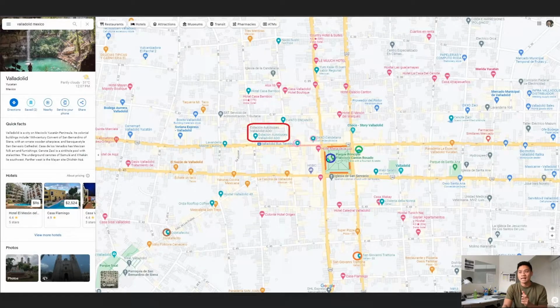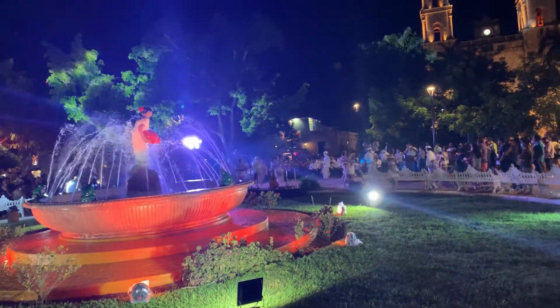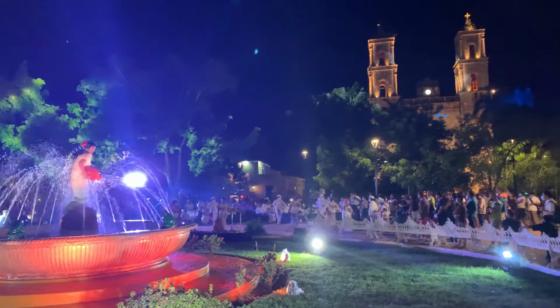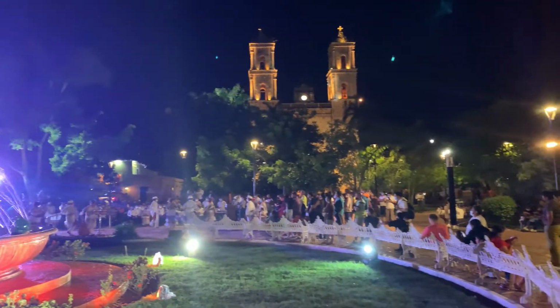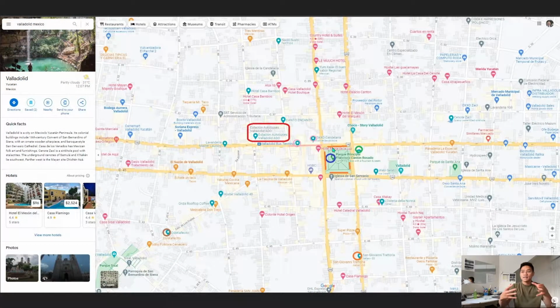In this blue circle I've highlighted here, we have the main park for Valladolid called Parque Principal Francisco Cantón Rosado. You will find locals. It's a popular place for locals to gather. It's a public gathering space where sometimes at night there are live events or performances like dancing or music, things like that. There's also street food vendors lined up surrounding the park, which I highlighted in these orange lines here. You will also find the big banks surrounding this park, including HSBC and Banco BBVA,